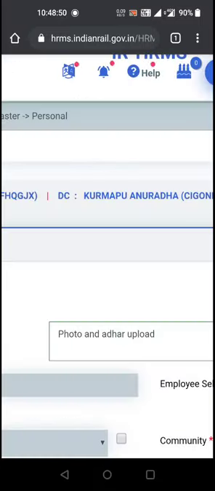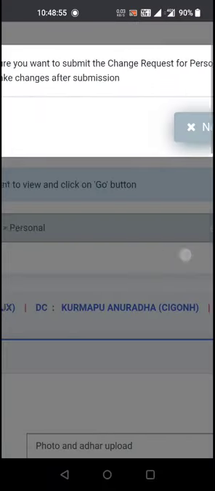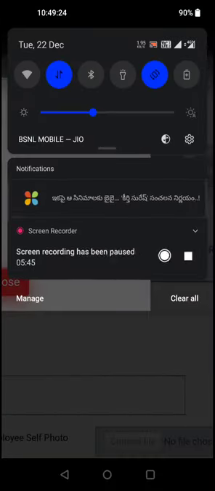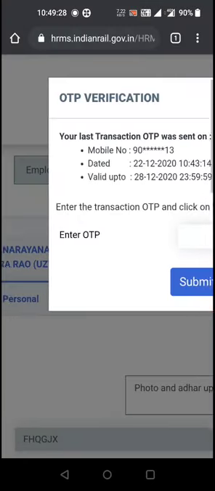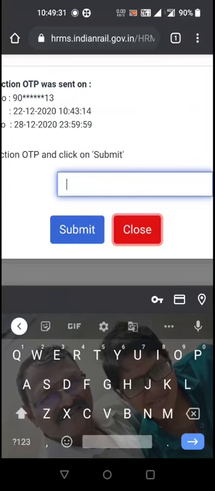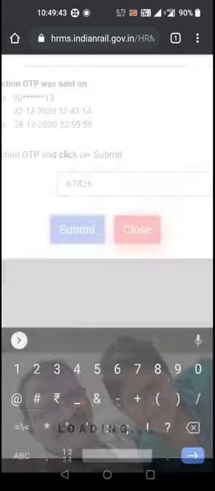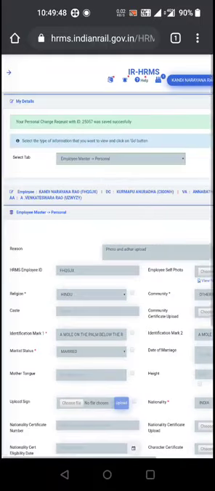After getting the OTP, type the OTP here. 67826. Click submit. Now the employee photograph and Aadhaar card have been updated.